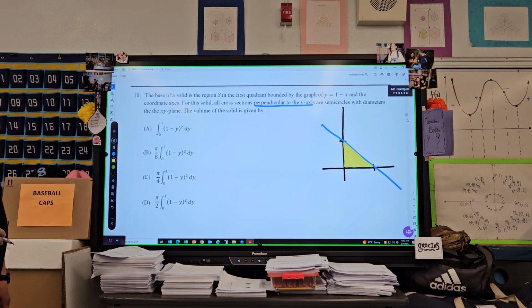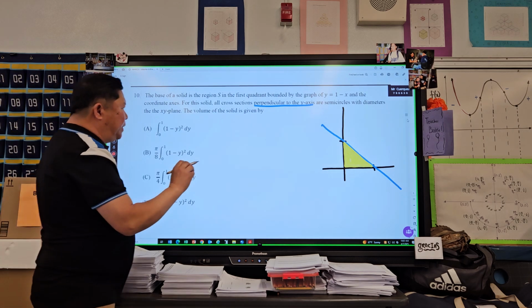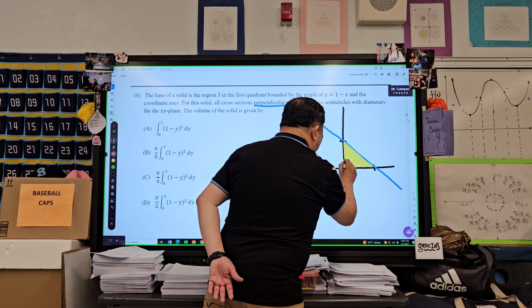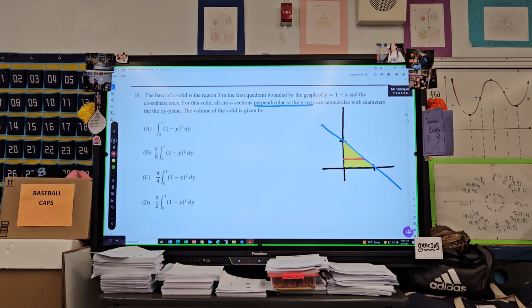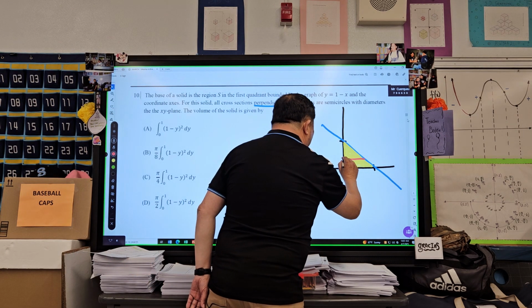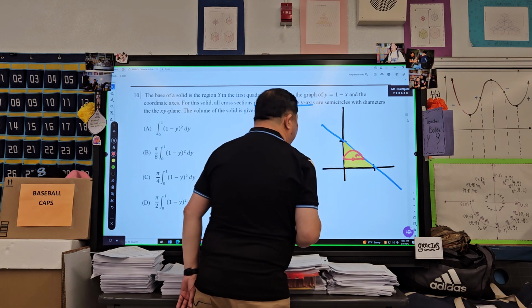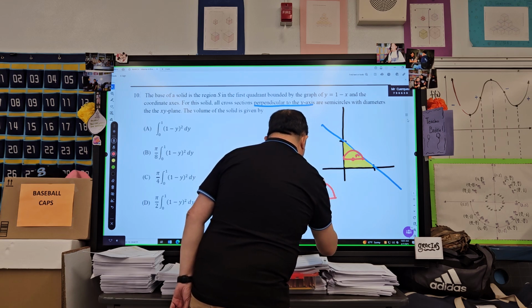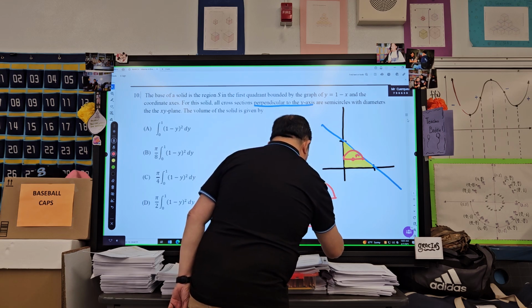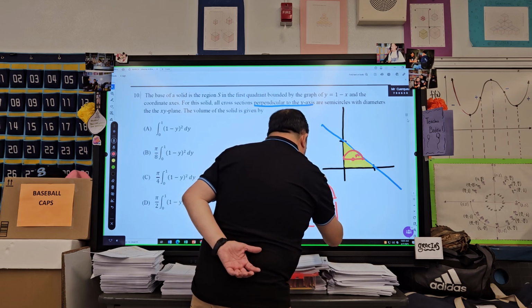Perpendicular to the y-axis. So perpendicular to the y-axis, meaning right here, okay. That's the diameter of a semicircle, right? So I can draw a semicircle like this, and this is the radius right here. So basically I have this as a diameter, and this is the radius,